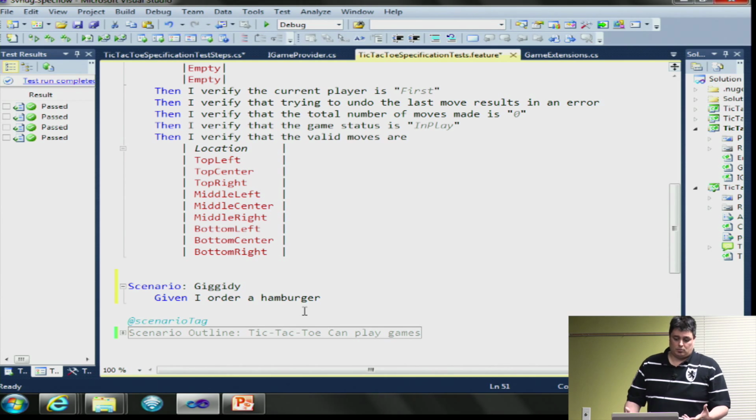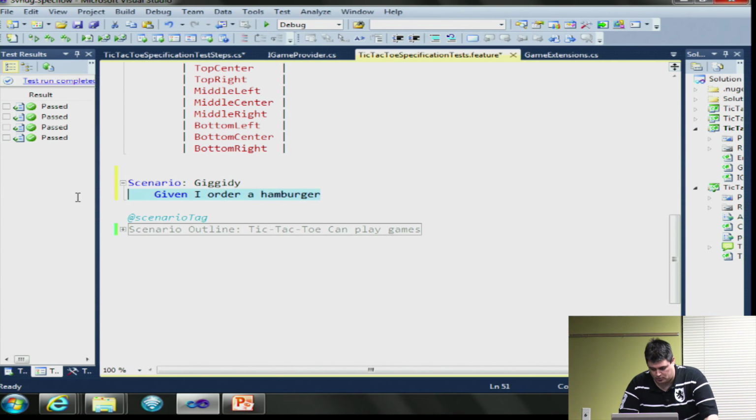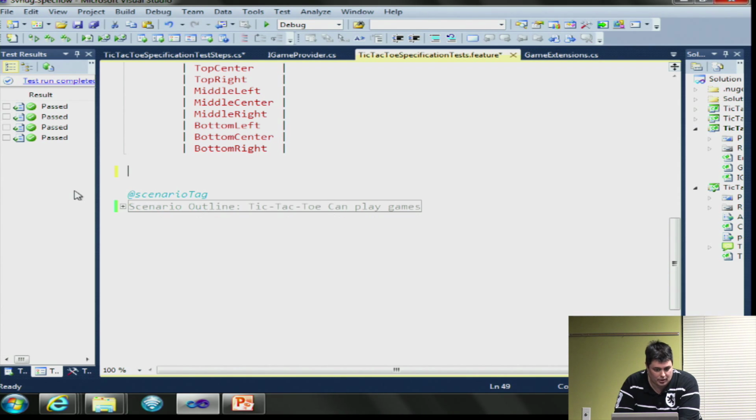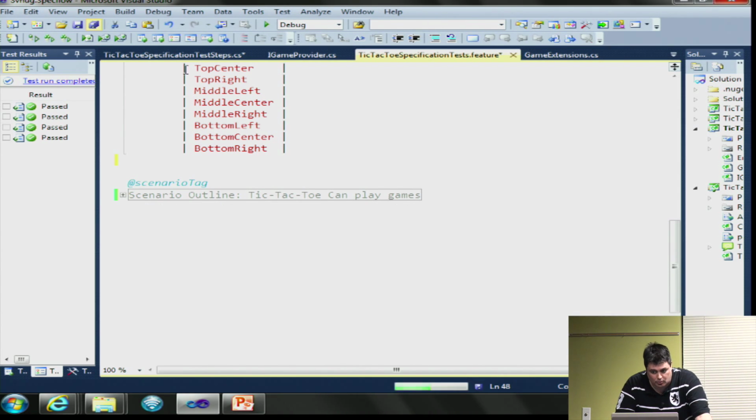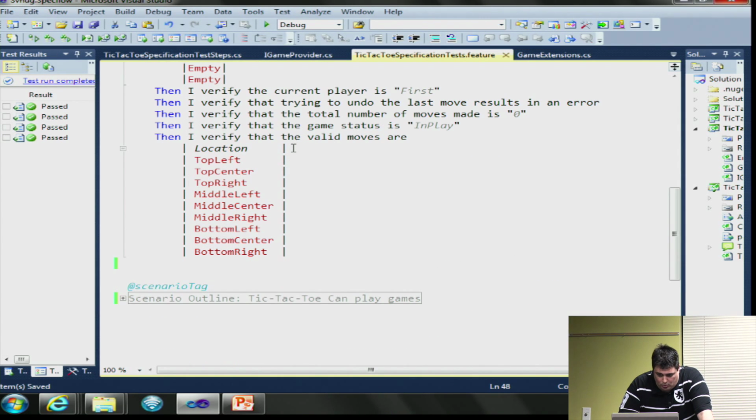So this is handy enough that if you created a good enough set of steps, you could put this in the hands, probably not of just a tech savage, but somebody who's somewhat tech savvy, and they could actually write some tests for you. They probably never will, but they could, in theory. And there's a lot of reuse there. You could do the same thing in unit tests. I don't think it ends up being as clean or as nice, but maybe I'm just not very good at it. All right,